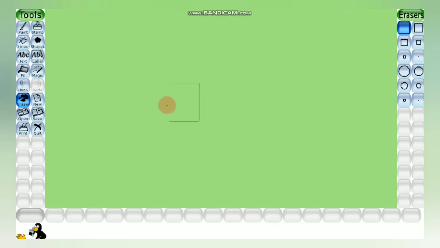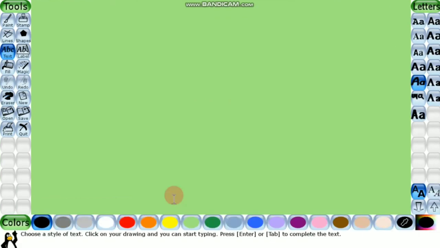Now I will tell you how you can use the drip tool. It is a magic tool that you can select from the magic toolbox, and after that you have to click on the drip tool. Before that, first we will write any text.